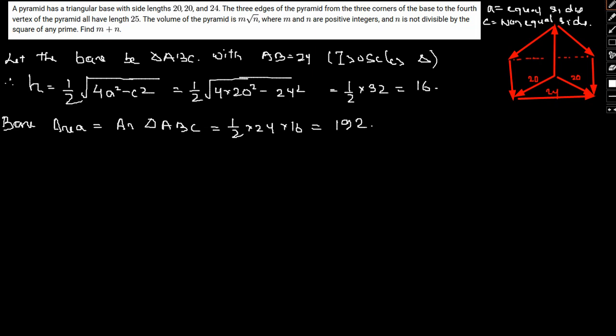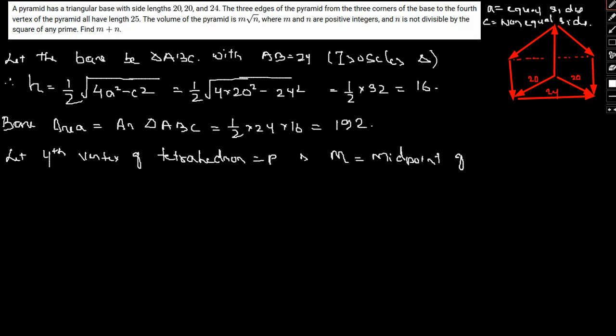Now let's do one thing. Let the fourth vertex P, the upper point of the tetrahedron, be at height H1, and let the midpoint of AB be M. Since P is equidistant from A, B and C, P is at the top, and C is somewhere here, so this is the base. Since P is equidistant from all three points,